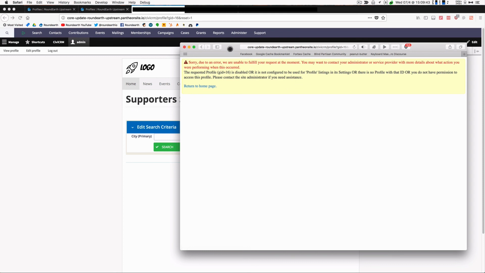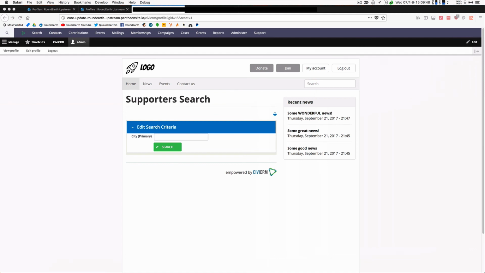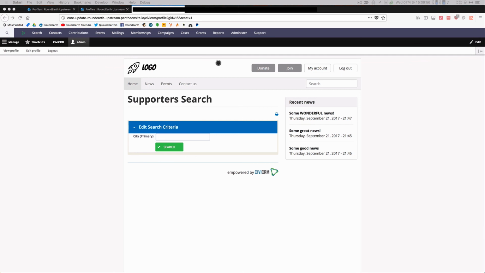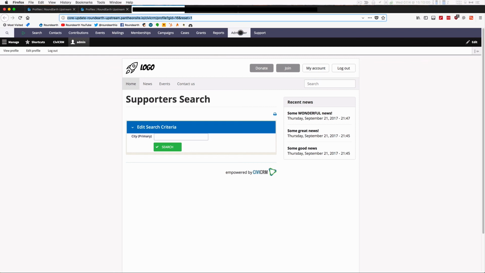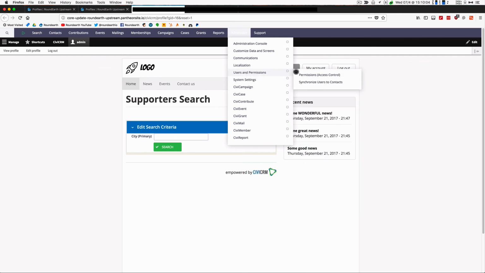So CiviCRM is sort of saving us from ourselves. You don't want to make things public. This shouldn't be public, so this defaults to not being public. You have to log in to be able to see this stuff. So let's change that. If we go to Administer and go down to Users and Permissions,